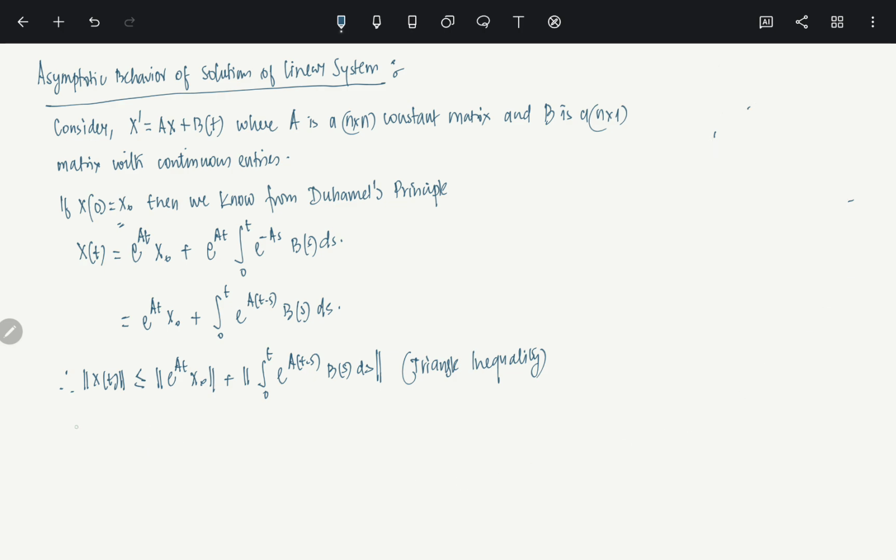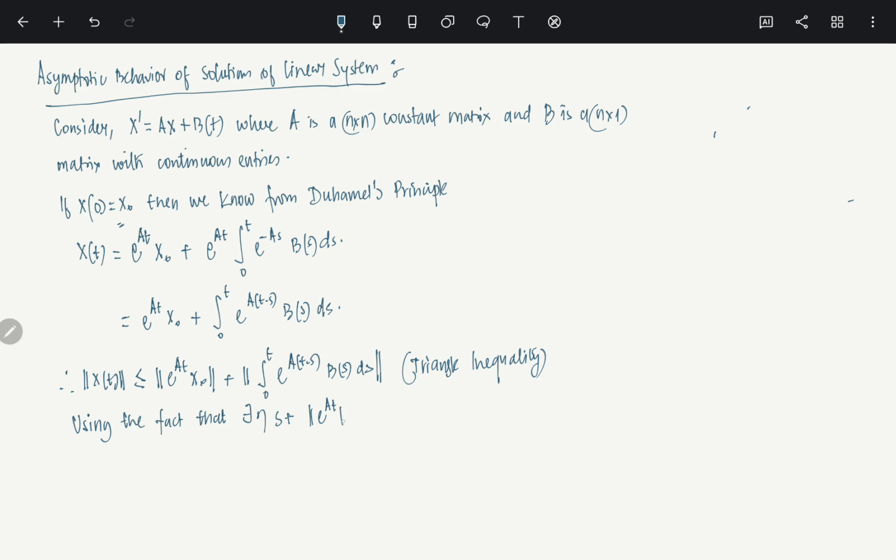Using the fact that there exists an eta, it can be positive or negative, such that the norm of e to the power At